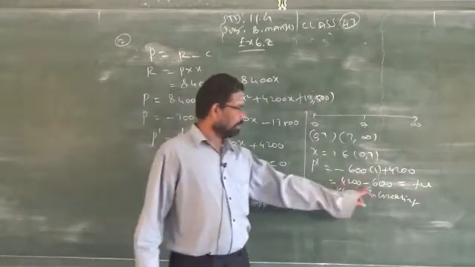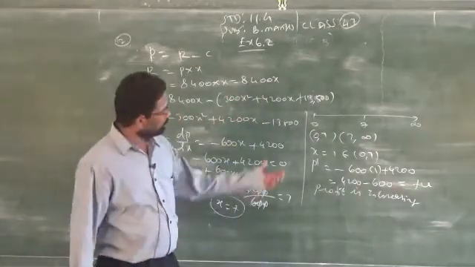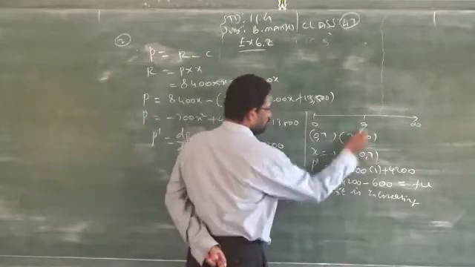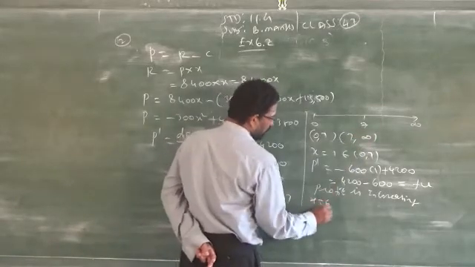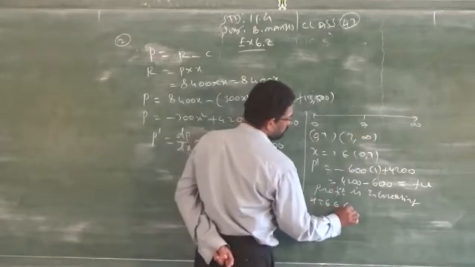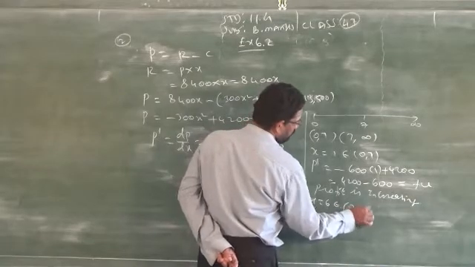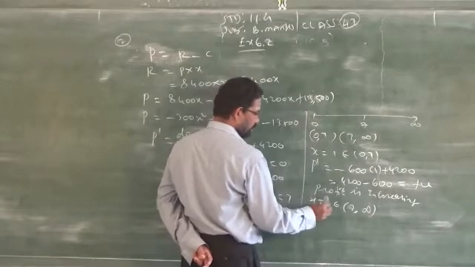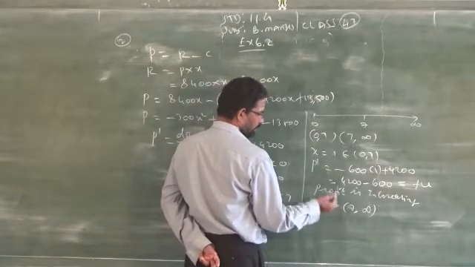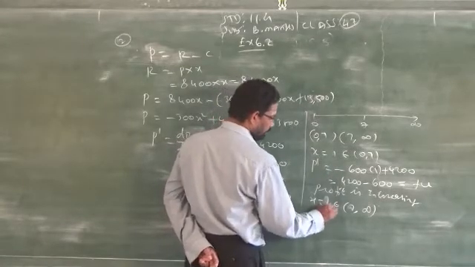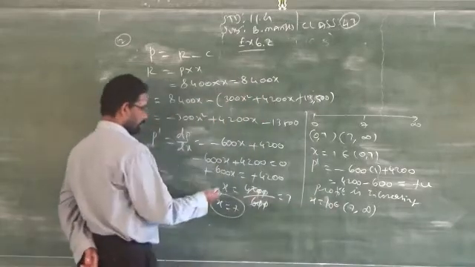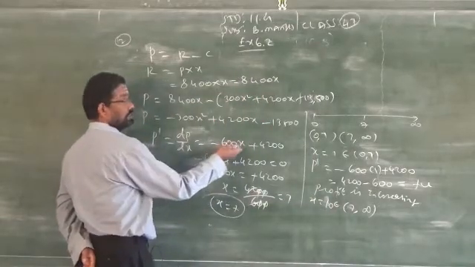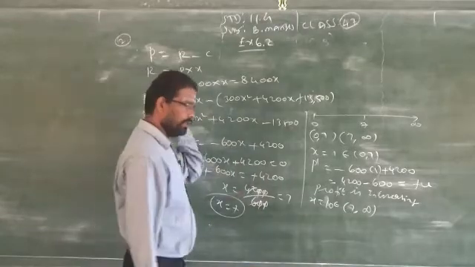Clear? So you just have to do the calculations. Next, you have one more interval. Take 6 or any number, that is your wish, that belongs to 7. 6 is not possible because 7 is the start, so you have to take 8 or 10, that is your wish. I am taking 10 now, because if you replace x by 10, then 10 into 600 is 6000, so it will be easy calculations.